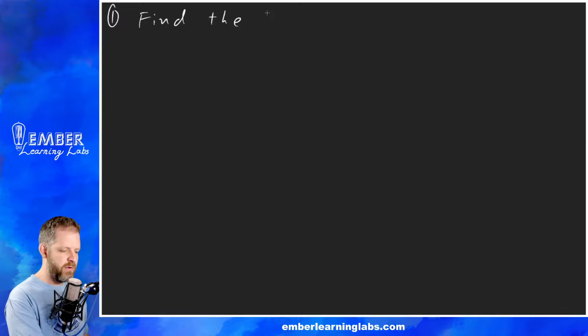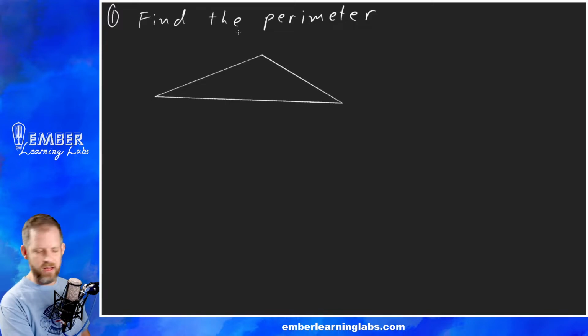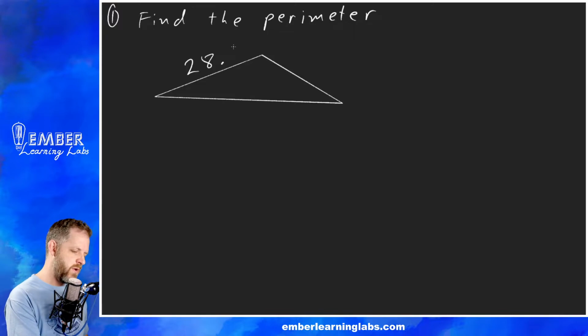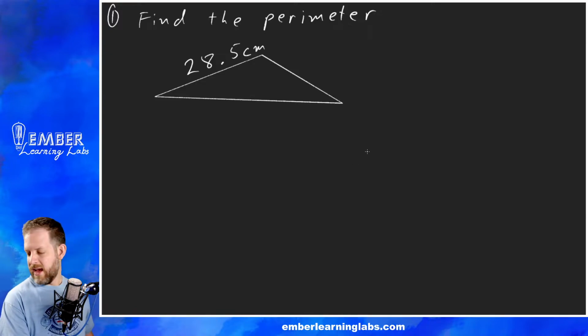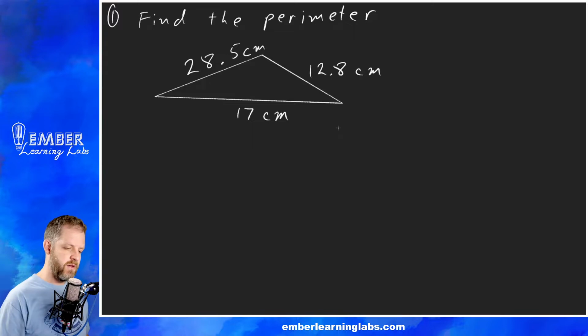Okay, so we're going to start with example 1, and we're going to find the perimeter. We're going to do a triangle that looks like this. It has a side length of 28.5 centimeters, and then another one that is 12.8 centimeters, and then a final one that is 17 centimeters. Okay, so in the perimeter, we add up all those sides, right? No problemo. So the perimeter would be